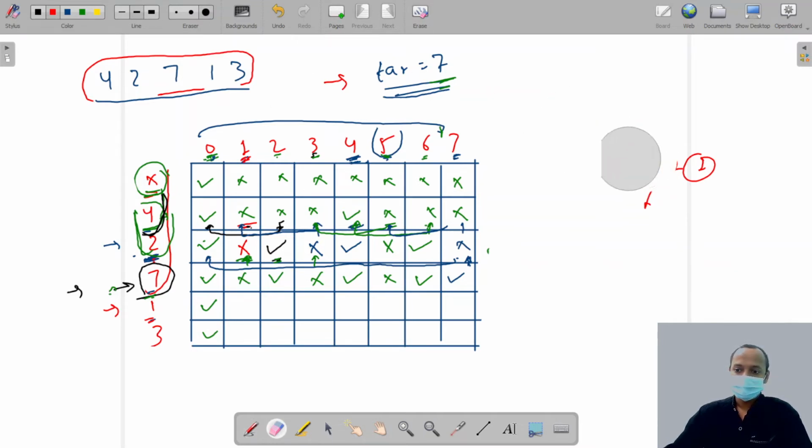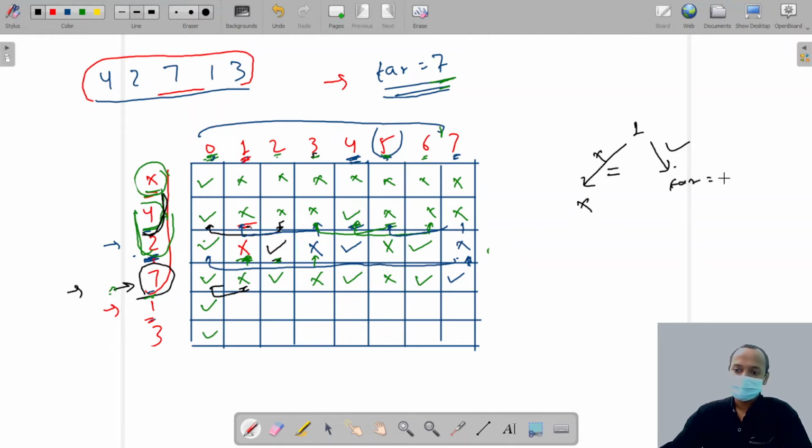First we don't take this player. Then we ask the rest of the team, can you make 1 run? They say no. Okay, don't worry. Then we move to here. Now we select this player and he makes 1 run.